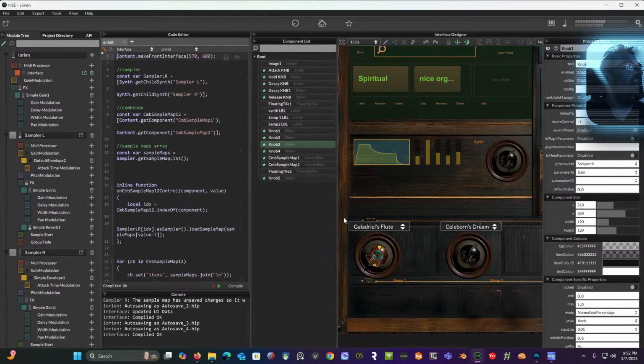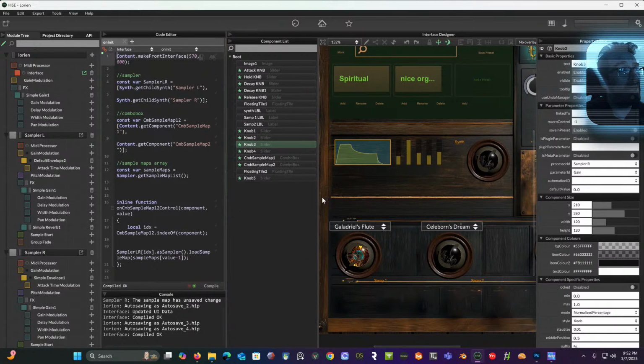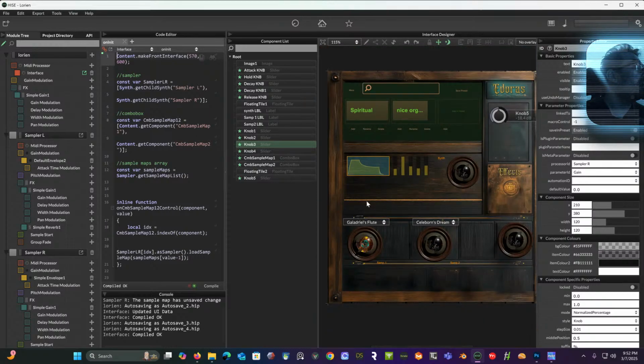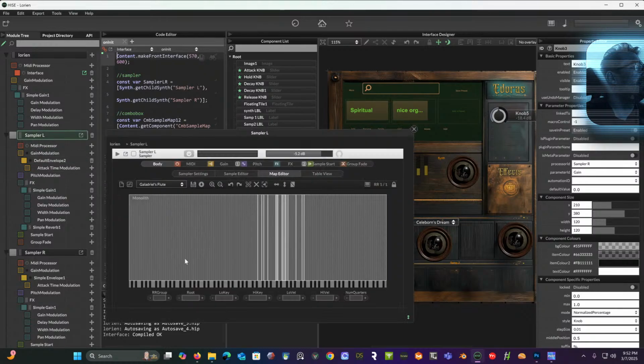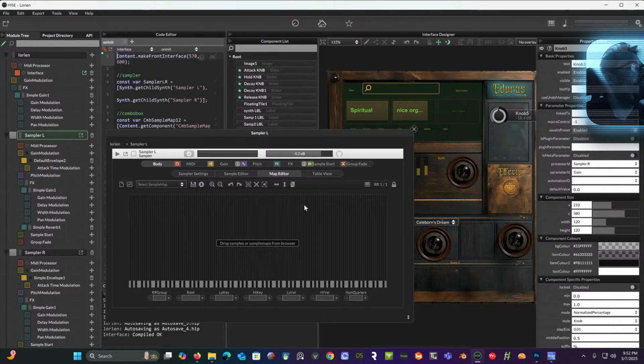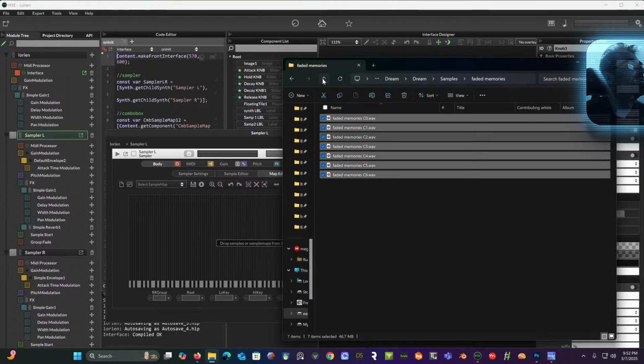So to add more sounds and stuff, I would either record or make other sounds. I do have other stuff that I can throw in immediately if I want, some knocks, some wood knocks and stuff. So we basically wind up going into one of our samplers, let's say the left one here, and creating another sample map here, and then coming over and finding some